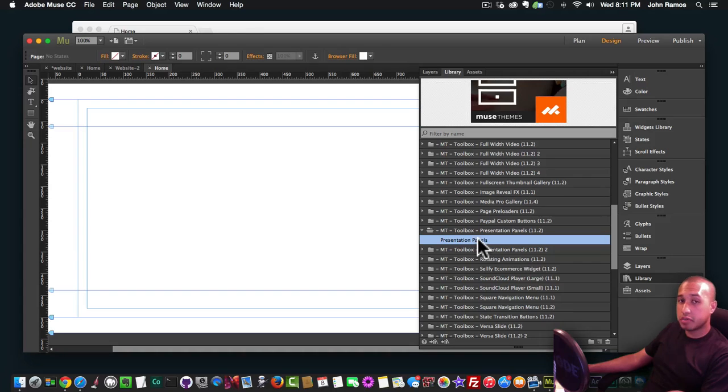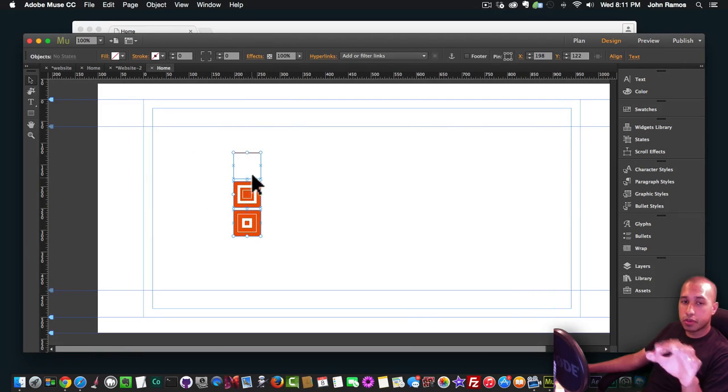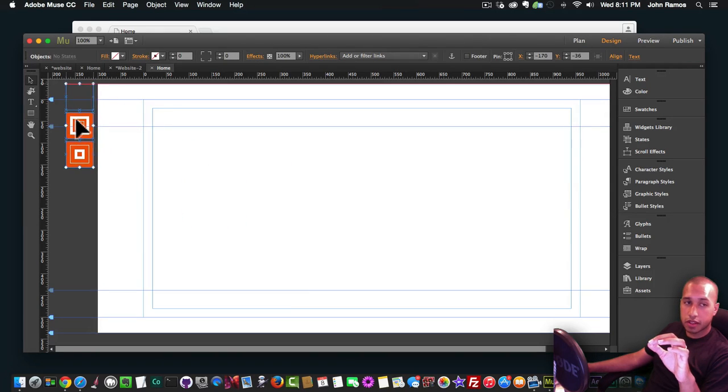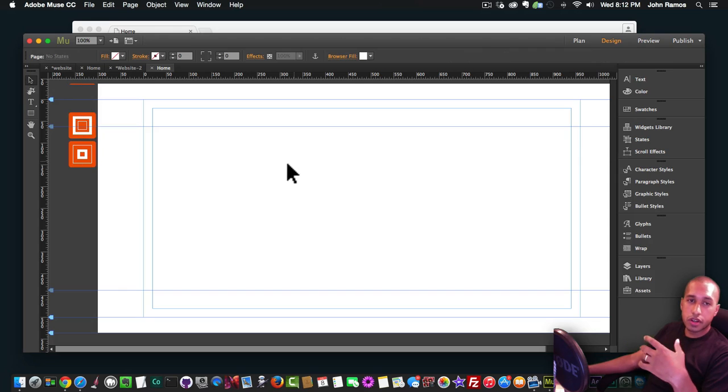It's called Presentation Panels. So I'll just click, hold, and drag and place it right here onto my Adobe Muse website. And then I'll click Library to remove that. So now I'm going to put the widget options over here to the left. So I just highlight them and drag them over here to the left off the site. And basically the next thing I'm going to do is create the panels, or I'll create the panels first, but